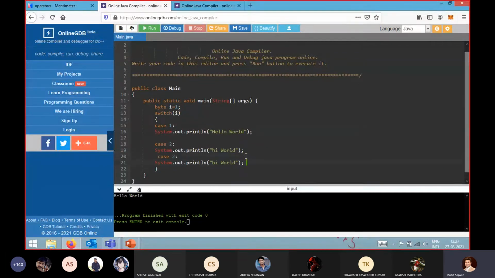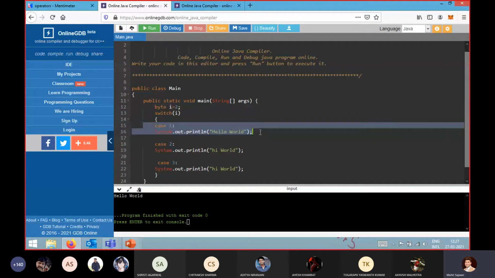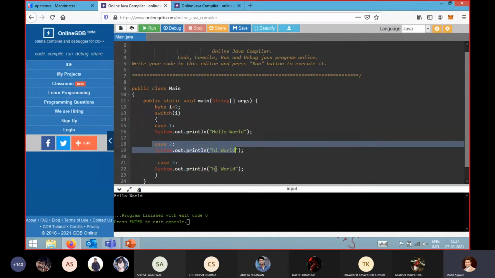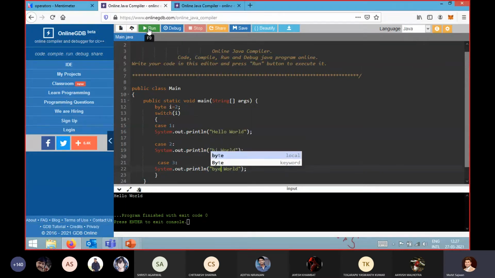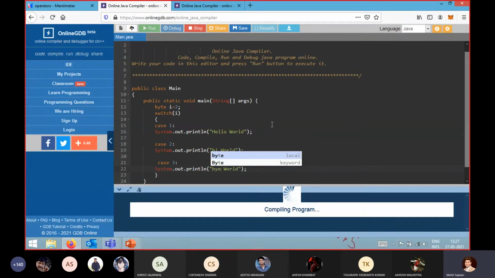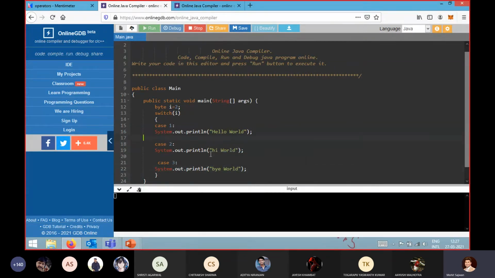So what will happen, if any case is accepted according to our code, it is going to satisfy any one of the cases. Let's assume it is satisfying case 2 over here. So right now I equals 2, and I have written switch I, it will pass 2. So it will not satisfy my first case, then it will satisfy my second case, so write it down as bye. Now if I execute this code, you will see the output I get is two things: your hi word and your bye word.